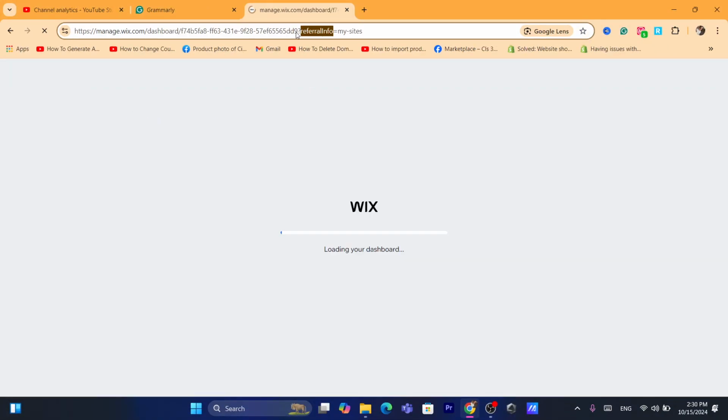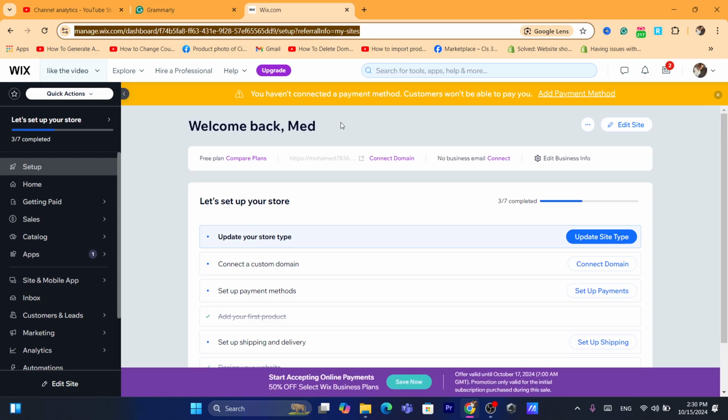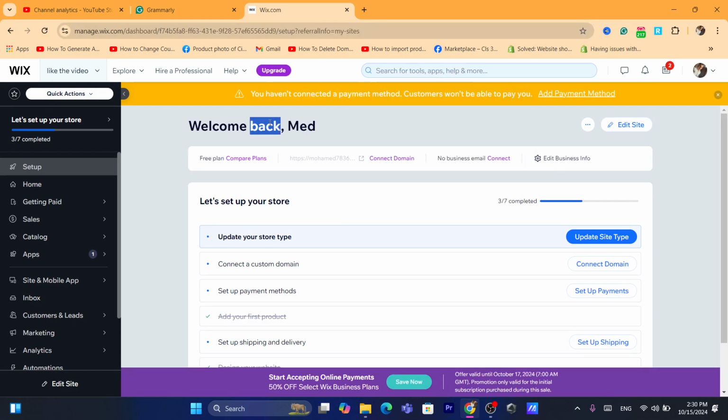Now after that, guys, it will take you directly to the Wix dashboard. Okay, now after you are on this page, what you guys need to do first is to upgrade. Now keep in mind that you will not be able to add Facebook pixel if you don't pick a premium plan. Okay, so in case you didn't pick a premium plan, just click here, it says upgrade in the top,